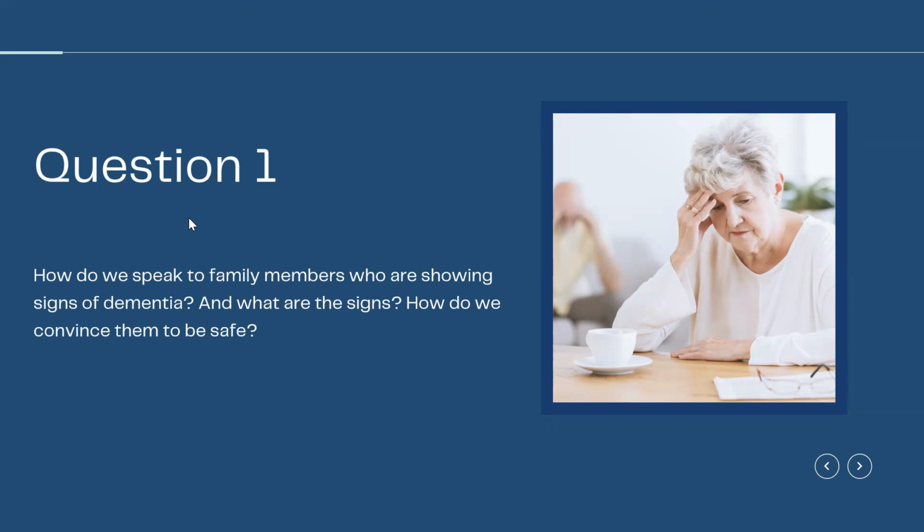And then also trying to work on redirection. If, as Dr. Sagal is saying, they had a change or the environment is different, try to take away that fear. Sometimes people get fearful of strange things, like seeing their reflection in the window, or perhaps that somebody does not look similar, or other things can happen. They have hallucinations where people come in. Those things all have to be addressed, and then try to redirect so it's not so fearful for them.